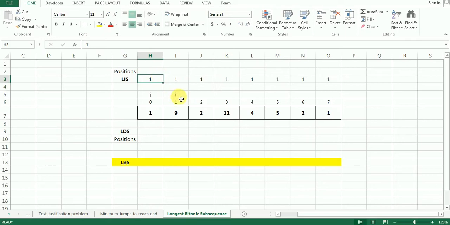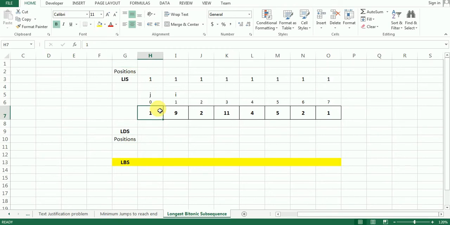Okay, my I pointer will be over here and my J pointer will be here. Before I proceed, I would like to tell you that there are two position arrays. So these arrays will help us to find out the components of the longest Pythonic subsequence. Okay, so for now, this position array is going to hold the positions or the components of the longest increasing subsequence out of this array of integers.